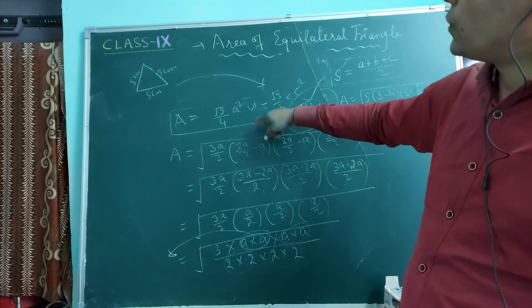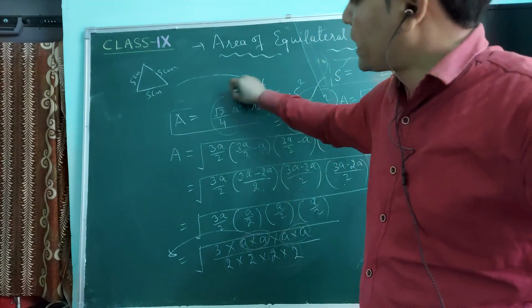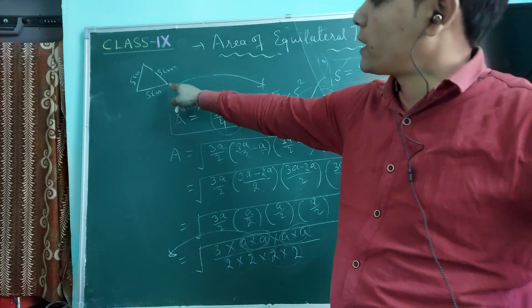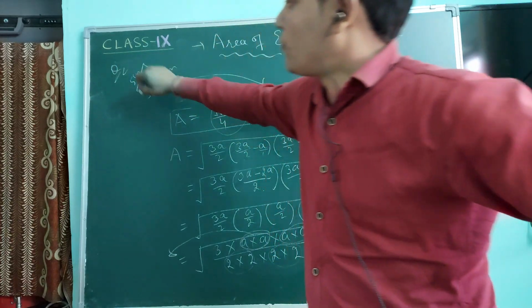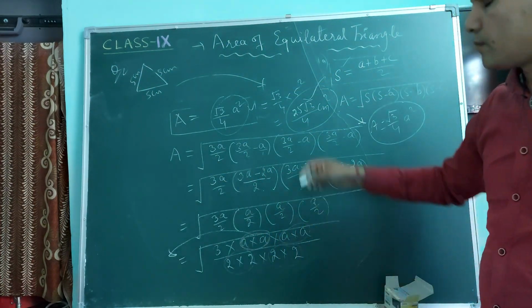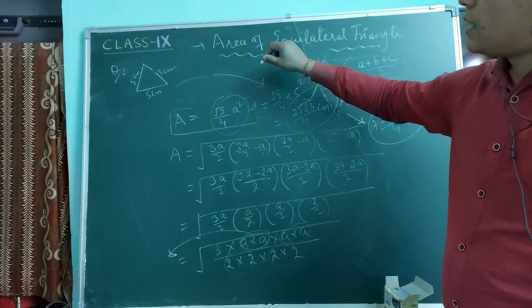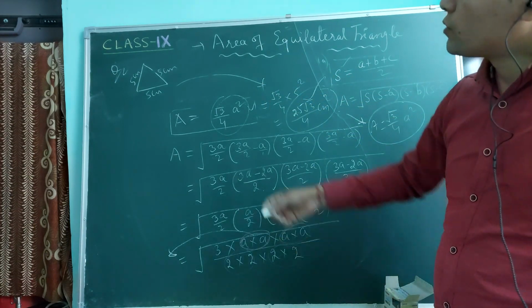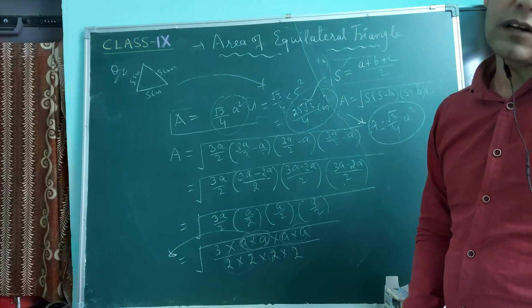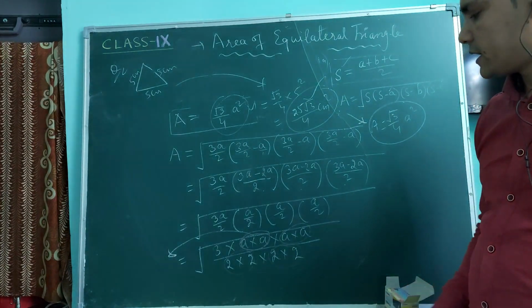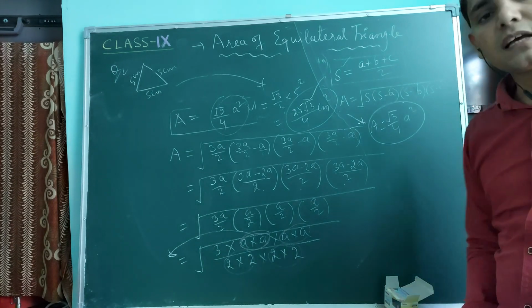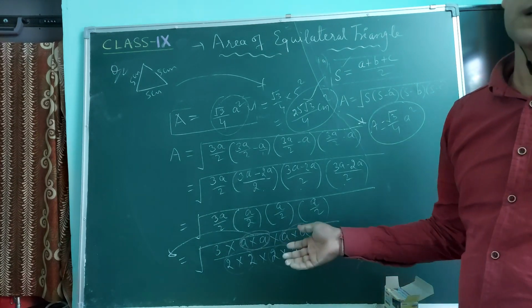So what is the use of this formula directly? Like in these numerical questions, you can find the area of an equilateral triangle, and if it is not mentioned to use Heron's formula, you can apply this direct method. Okay, so that's all for this class. In the next class we can talk about the isosceles triangle.